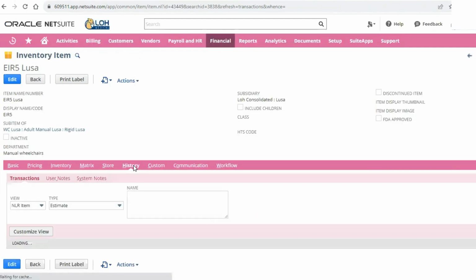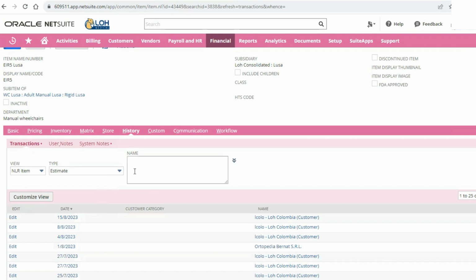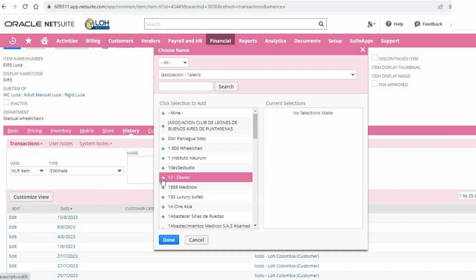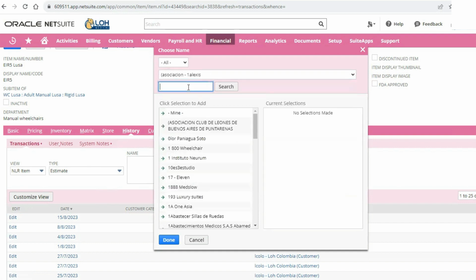So now when you go back to the history, you can see your item view. You can see I kept this, these are your filters. So I added name, and I can go into the list and say, I want to see estimates of this item that were sent to this specific customer.